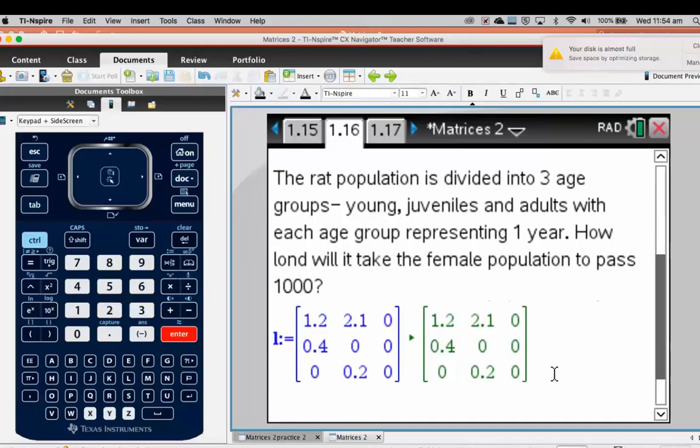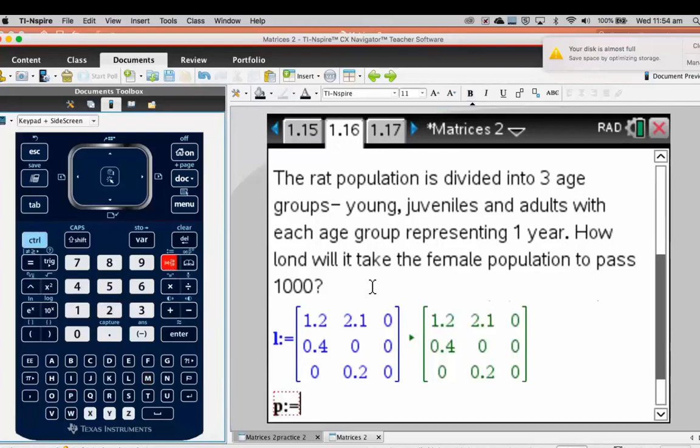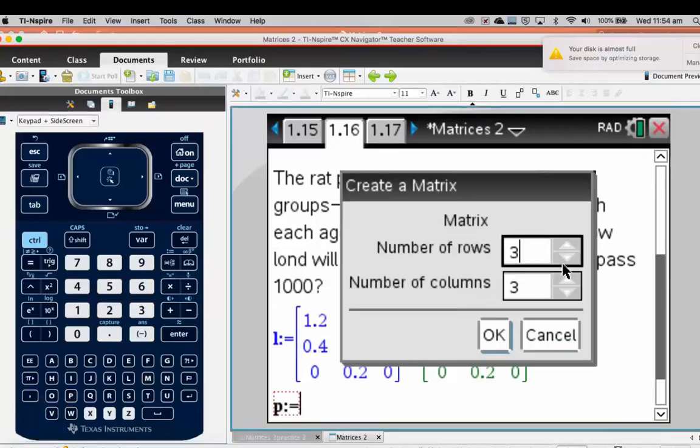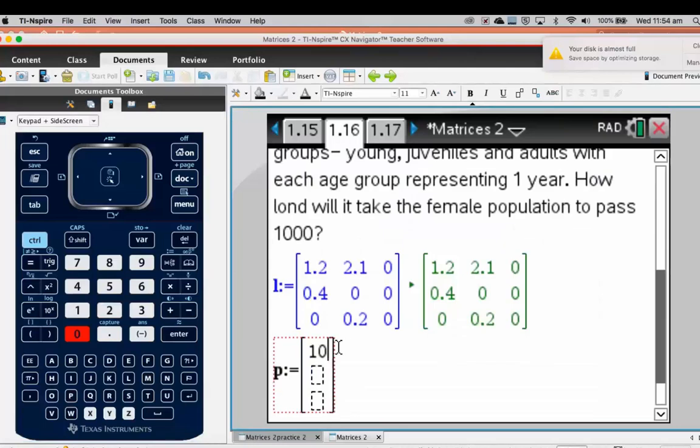And then the initial population, so using a math box again, Control M, or if I just hit enter, that will come up anyway. I'll call that P, and we need 3 by 1, so 10, 6, and 4. Hit enter, that's defined, and we can